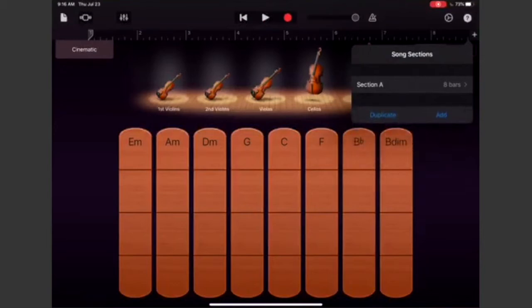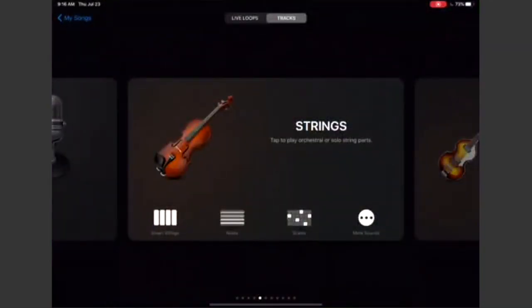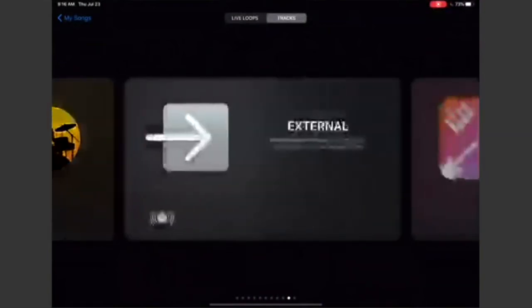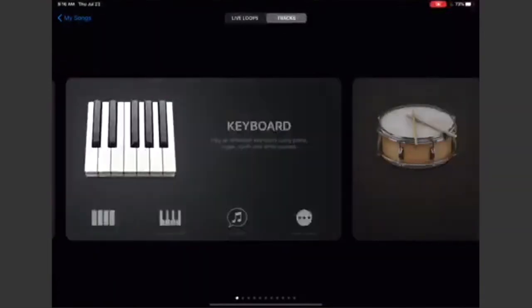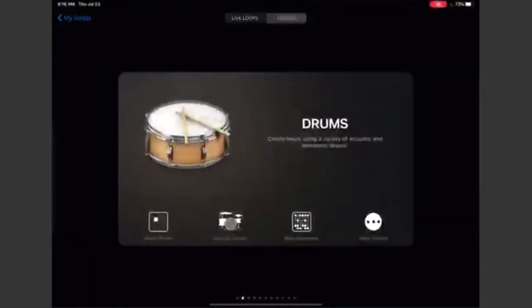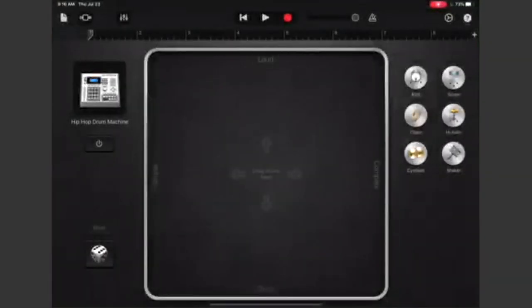Okay. So now once you click on your tracks button, remember that's the one that's the little rectangle, the little boxes on each side. Tracks are basically your instruments. So when I'm talking about tracks, we're looking at instruments, and I want you to swipe until you find drums. Not drummer, but drums. And I want you to click the smart drums. You can choose acoustic if you're a musician, a drummer, or a beat sequencer. Right now, I'm just going to use the smart drum because, again, I'm not a drummer. My son is, but I'm not.